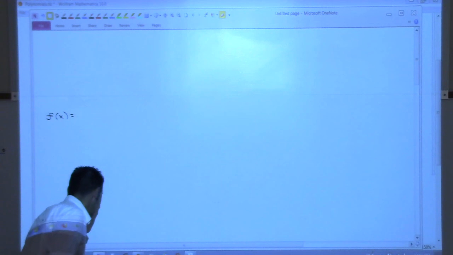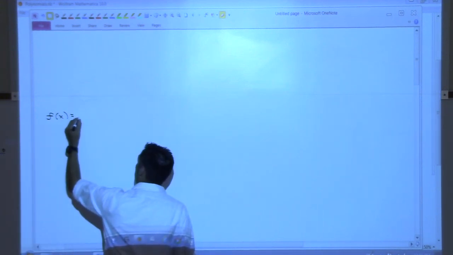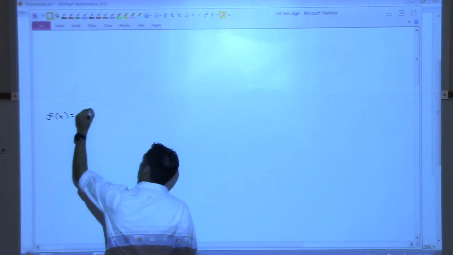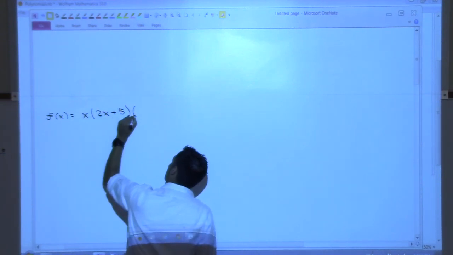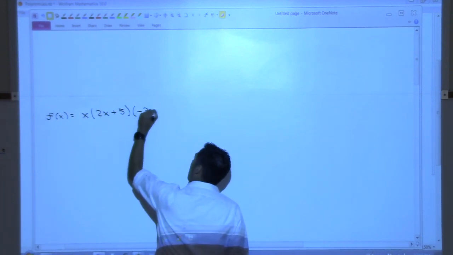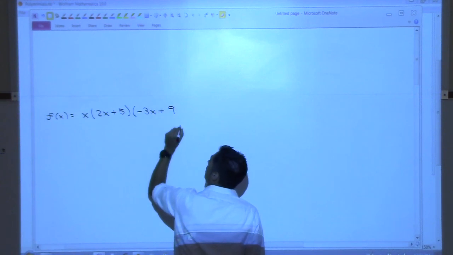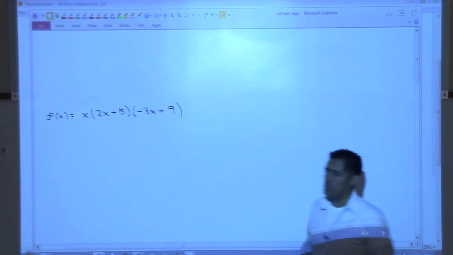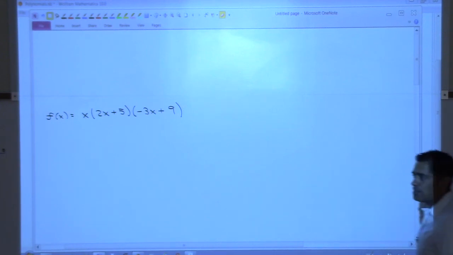So let me give you an example here. What if we had this? What if we had x, 2x plus 5, and negative 3x plus 9? What if I asked you to sketch this? All right? If I asked us to sketch this,